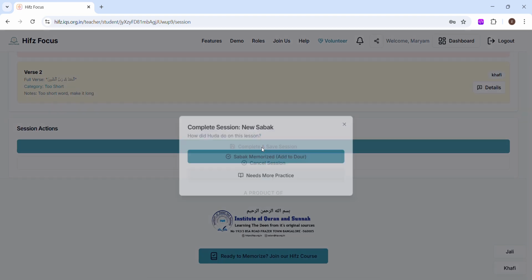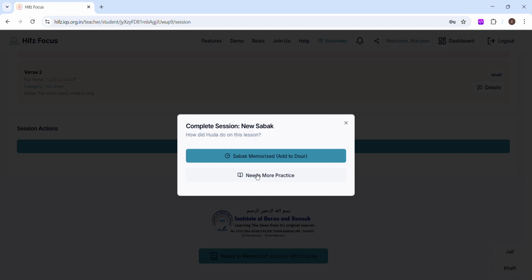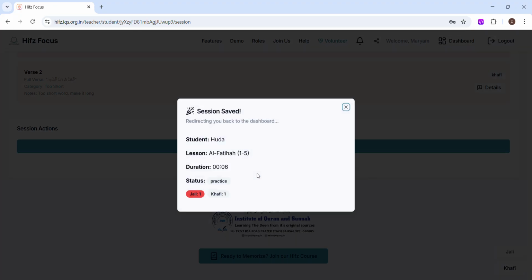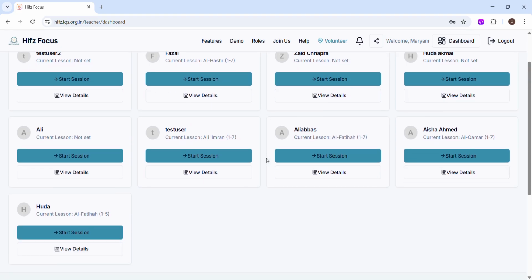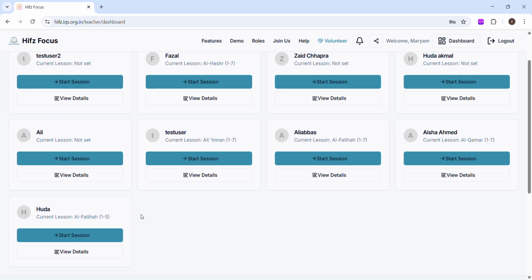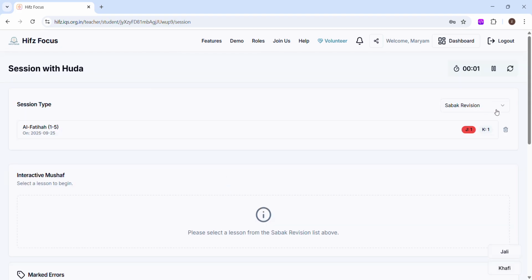So now let me just click on needs more practice, as there are some errors. Once the button is clicked, it will automatically redirect you to the dashboard. Now let's see if the student has made some corrections. Now if we start a session and click on sabak revision, then we will be able